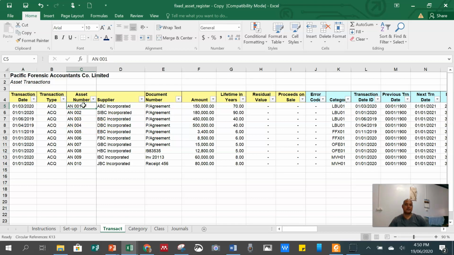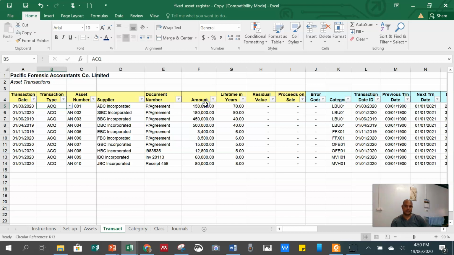Always give a number for all your asset registry. And also give the asset transaction. So the transaction type here refers to ACQ, DIS, and REV. ACQ means acquisition.